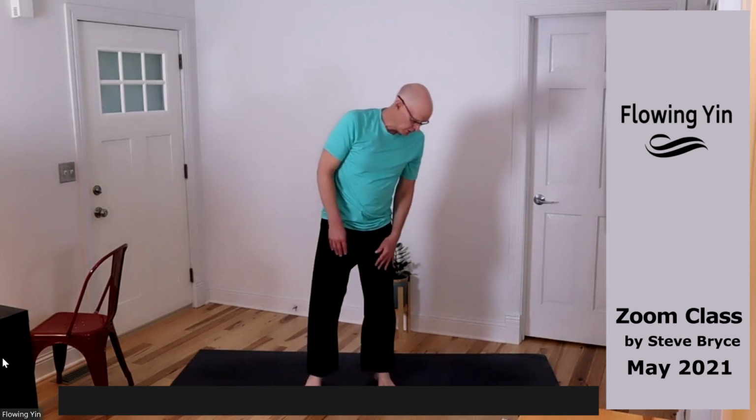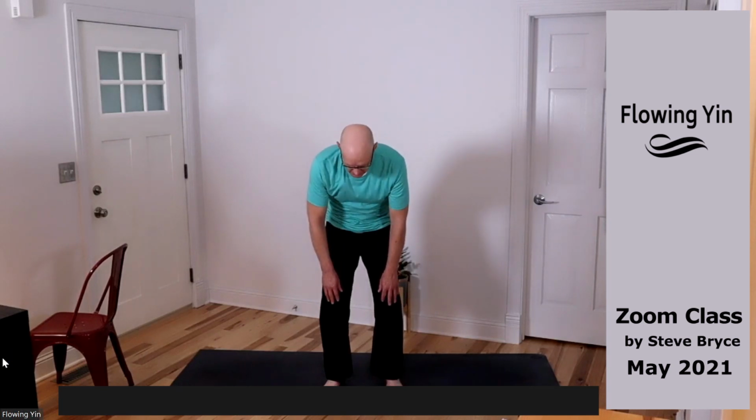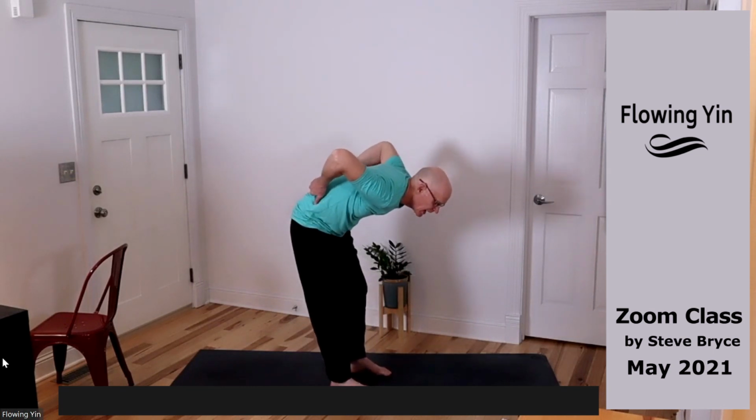Now we'll just do a forward fold and a ragdoll. But ever so slowly come down. Soften your knees, bend your knees as you come down. Slowly come down. If it's beneficial or helpful, you can gently rub your lower back as you come down,